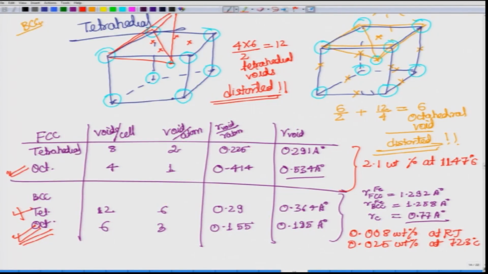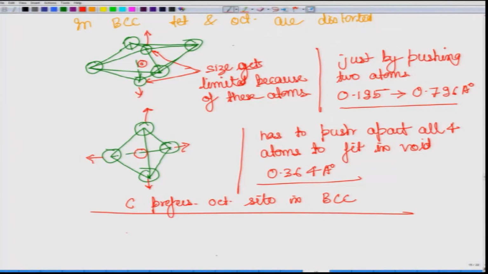So, now what is the reason that even though BCC is the more open structure, still the carbon atoms are more soluble in the FCC? The reason for this is when you look at the number of voids per unit cell or the number of voids per atom. So, what do you see here? The total number of voids is only 3 associated with each atom here. Here the number of voids associated with each atom is 9. So, although the structure is more open in BCC, because of the large number of voids, the size of each void is very small, and hence we can write it like this.